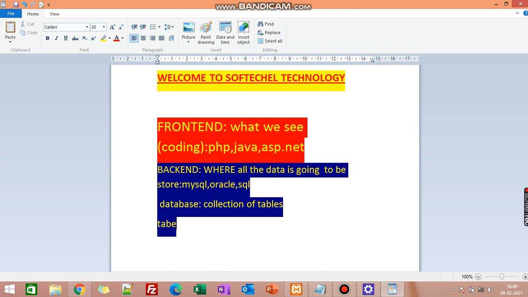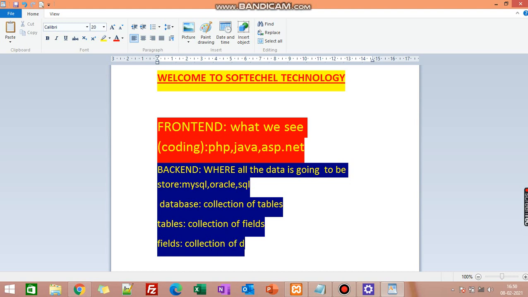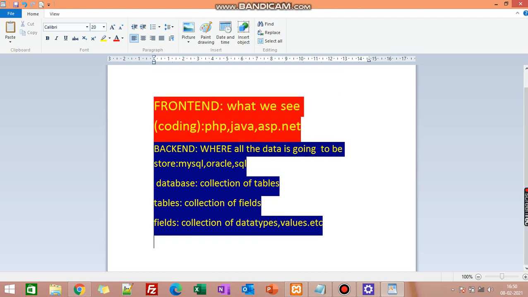What is the meaning of tables? A table is a collection of fields, and fields are a collection of data types and values, etc. So this is the structure we have to follow here.